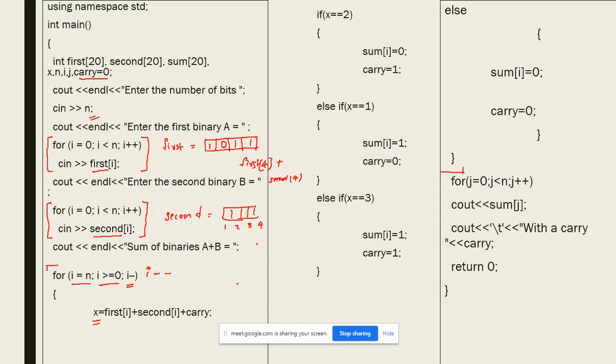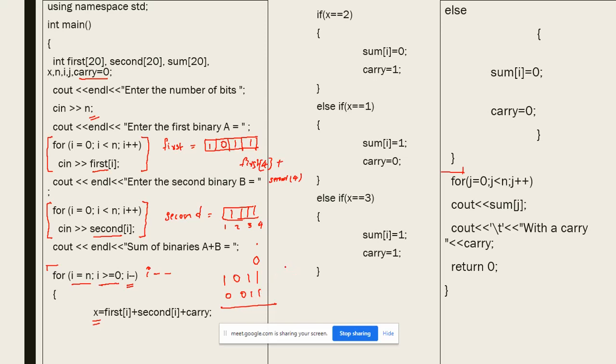So what I am actually going to check is, see here, 1 0 1 1 and say this is 0 0 1 1. Initially I have a carry 0. Now I have to add the first array's ith digit and the second array's ith digit, and my answer can have 4 possibilities depending on the numbers here.